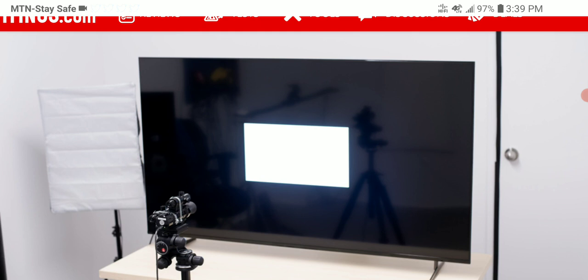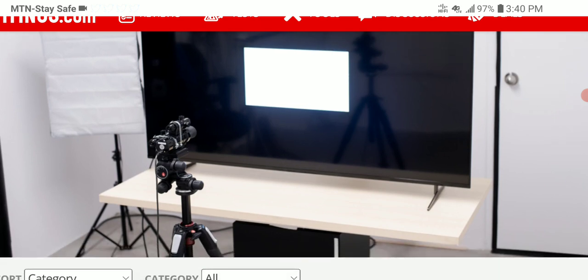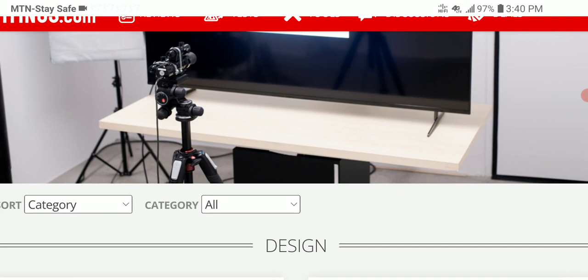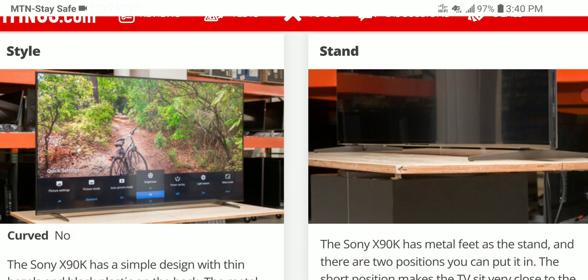Now, some of the things that they checked, they gave most of their findings a total score of 8 out of 10, which isn't too bad, but it's not on the level of the X90J score that was 8.2, 8.5 out of 10 in rating. So this is a bit of an issue. For instance, this newer model, the X90K, has a worse native contrast, which is 4,800 to 1 when you compare it to the predecessor that has 5,600 to 1. That's contrast ratio. Now that's something that is very, very significant,